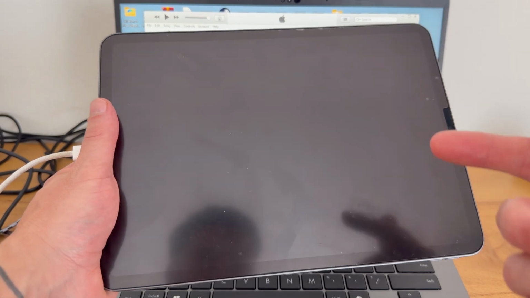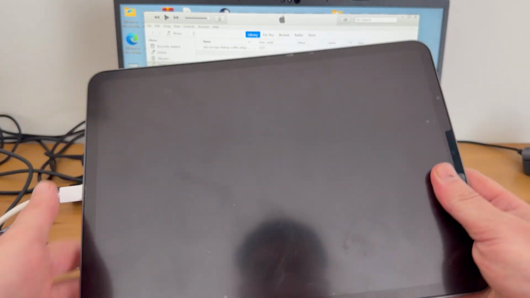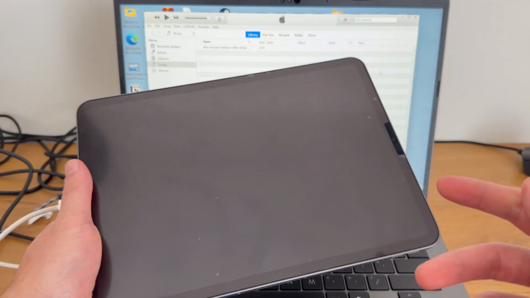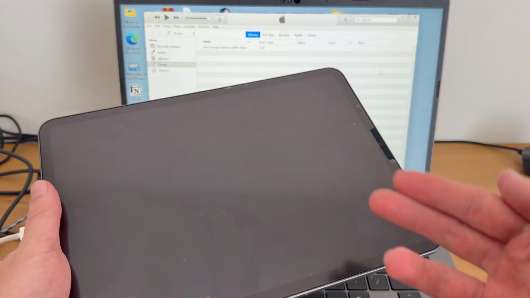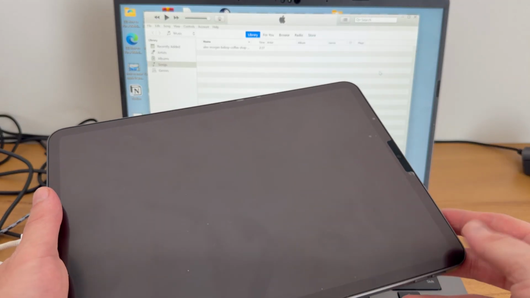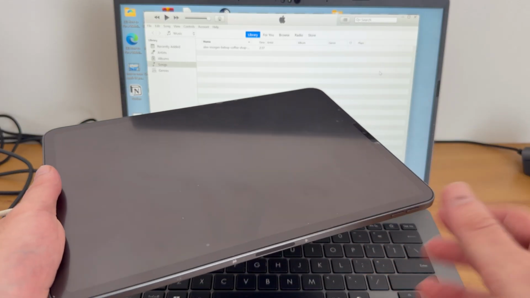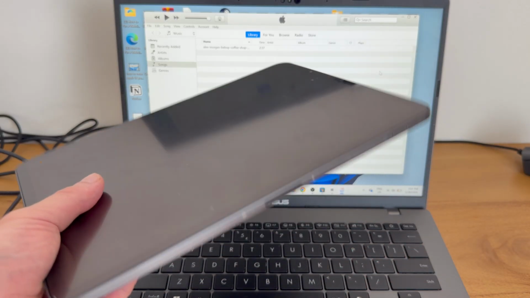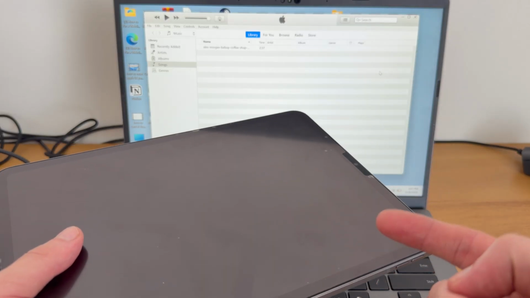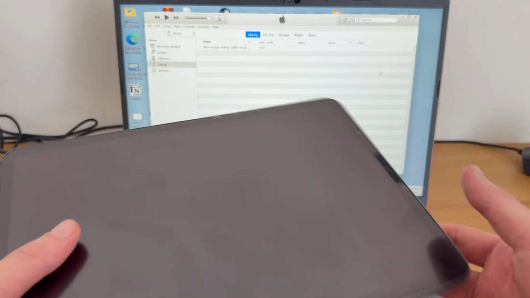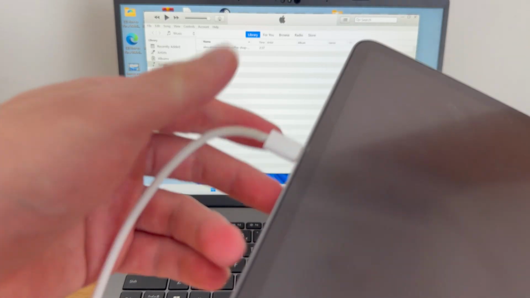How to restore your iPad with iTunes on your Windows computer. So this can be really useful if you want to wipe all of the data from the iPad. Maybe you're having some kind of issue with the device, or maybe you're just selling the iPad and you want to start brand new. Now all you need to do is go and grab a USB-C cable, and you'll need